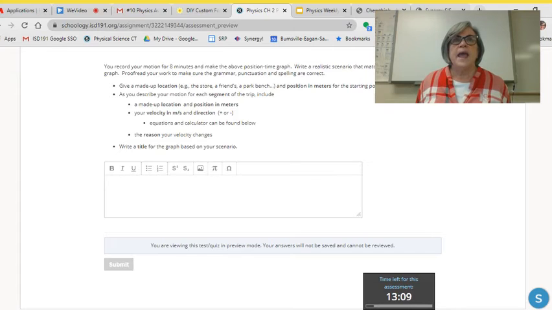So the location and position in meters, the velocity in meters per second, along with a plus or minus sign for the direction if it's appropriate, and the reason that your velocity changes. Now, most of you did really well with the scenario part. It's just these details that you didn't include. And then finally, write a title for the graph based on your scenario. So you can just write the word title, and then after that word, write what you would call this particular graph. Once you're done with this assignment, and it will be timed, you can see here when I open this,